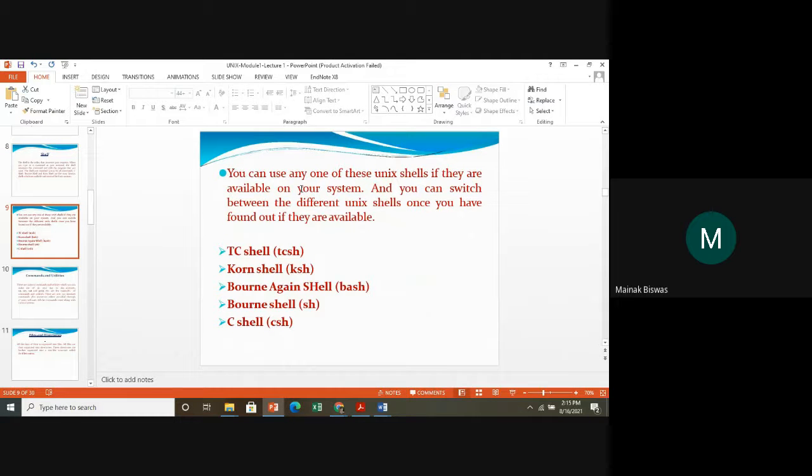You can use any of these Unix shells available in the system, and you can switch between different Unix shells once you find they are available. These are the shells: Korn shell, Bourne shell, bash, and C shell. You can access any of these to interact with the Unix operating system.